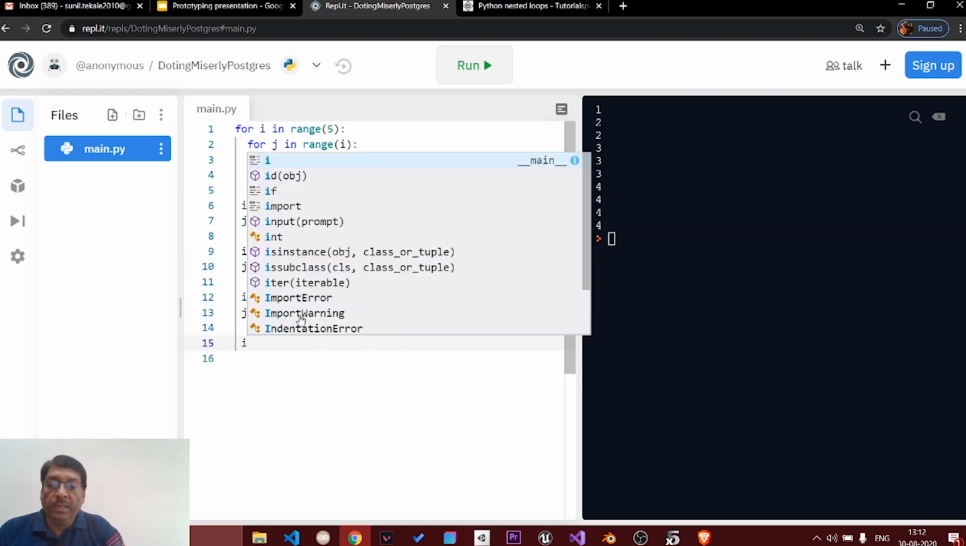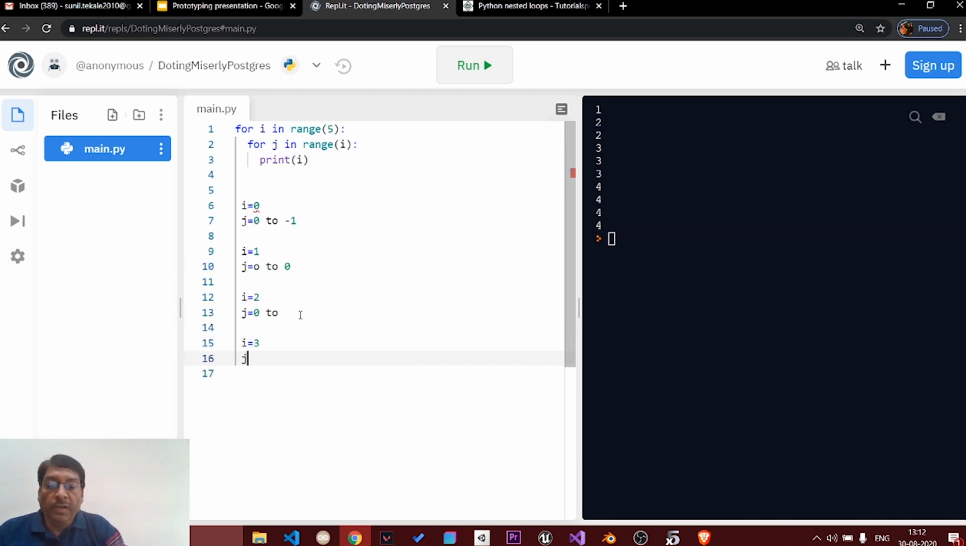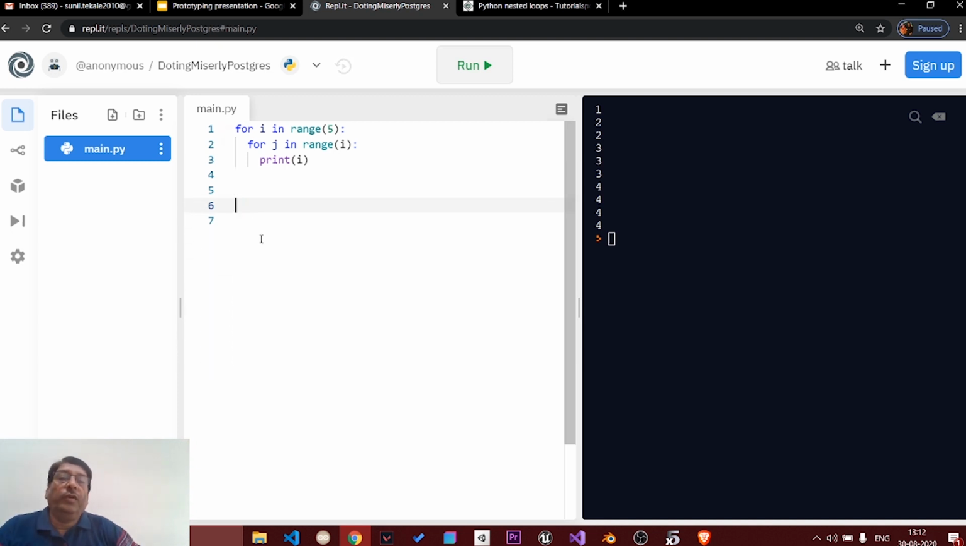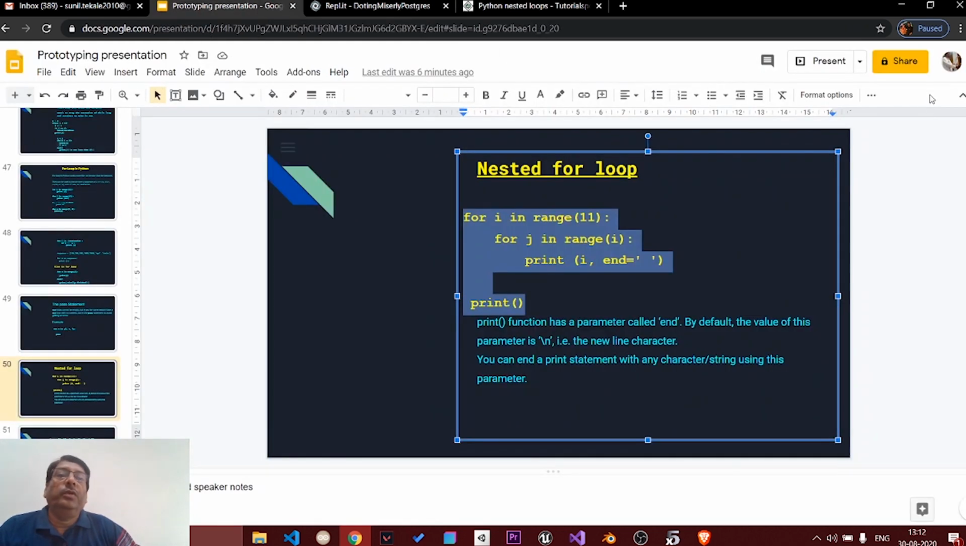Similarly, when I equals 3, j value now changes from 0 to 2. So when j is 0, I value will be printed. When j is 1, I value will be printed. When j is 2, I value will be printed. In that way, you will get 3 for 3 number of times, 4 for 4 number of times, and so on. Now, if you want this to be printed on multiple lines, as we said over here,